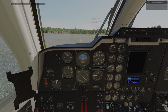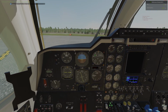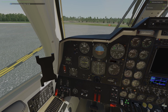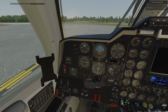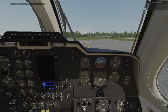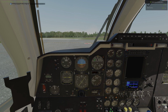All right, so, ooh, what I'm doing is I'm taxiing in beta, because taxiing in flight idle, she will run away like a bat out of you know where. All right, so the airport is all mine, so I'm not gonna worry about any of that stuff. All right, get in the pilot seat, and